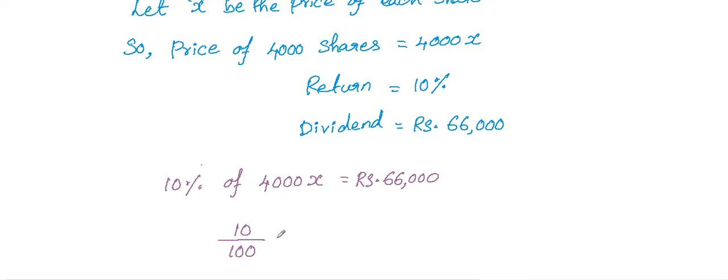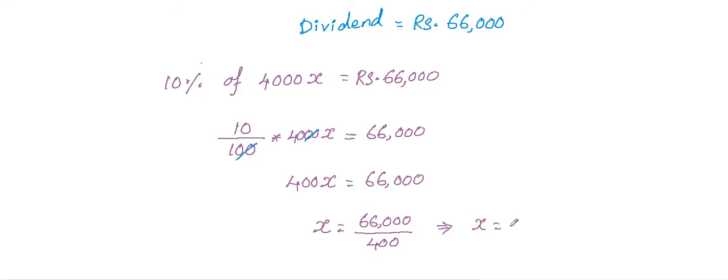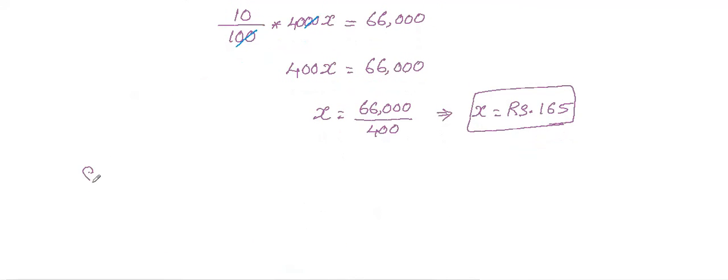10% of 4,000x will be 400x. So we'll get 400x equals 66,000. And x equals 66,000 divided by 400, which is 165 rupees. So x is 165. So we can finally conclude that the price of each share